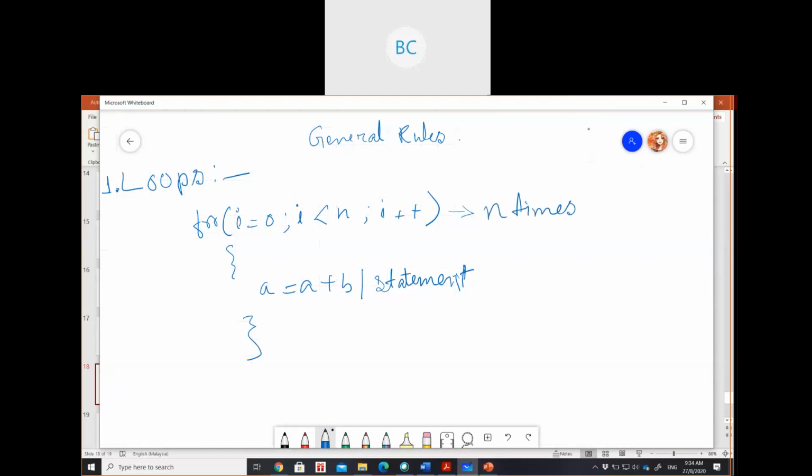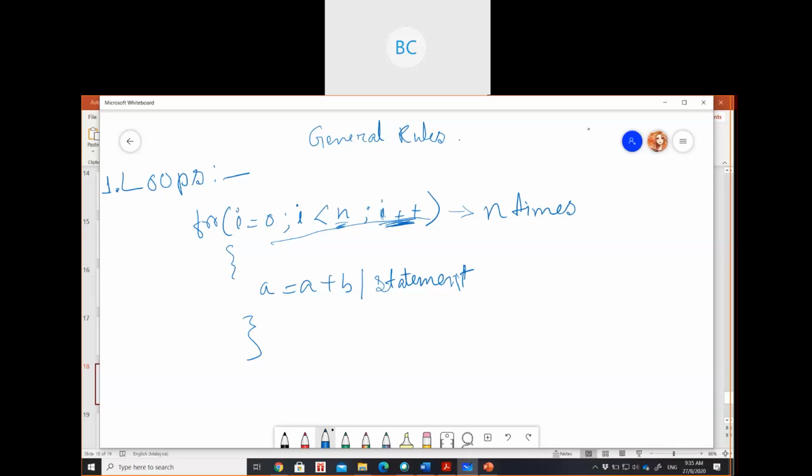Why n times? Because it depends on your input, right? As long as your i is less than n, it will run. That means your for loop will run for n times. All for loops will run for n times if you have also included the increment part. Sometimes we don't put the increment part, so then it will be a little different. But for the very general structure, a for loop will always consist of these three operations, right? So this for loop or any for loop will run for n times because your input size is n.